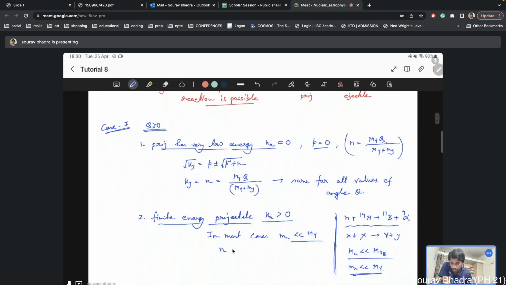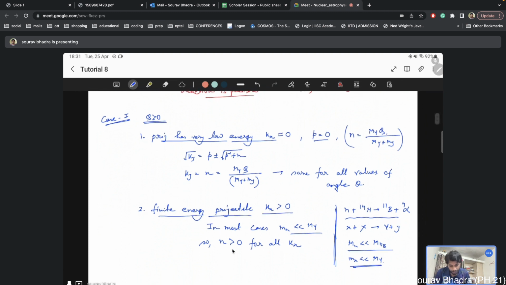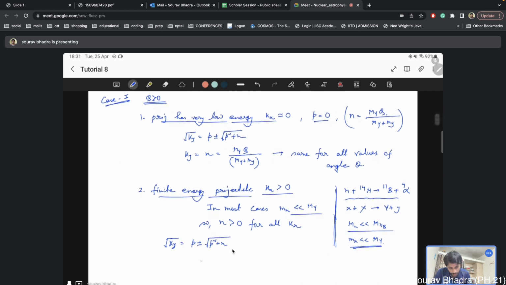Under this condition, n is greater than 0 for all kx, whatever the finite value of kx. That means our equation, root ky equals p plus minus root of p square plus n, is single valued. So ky is single valued